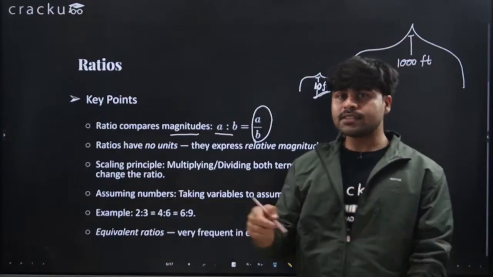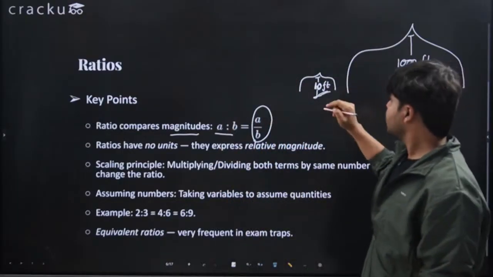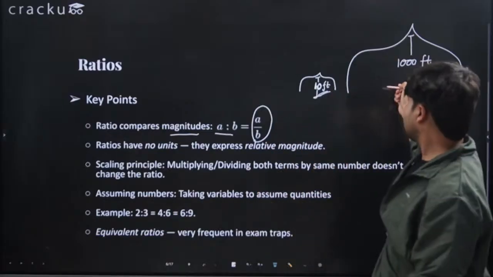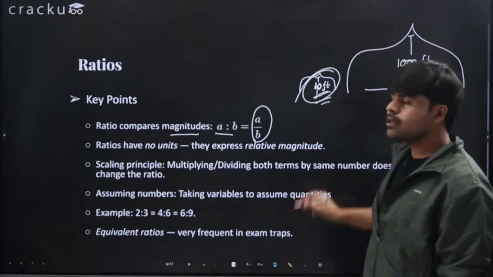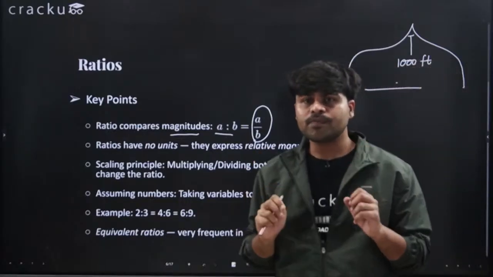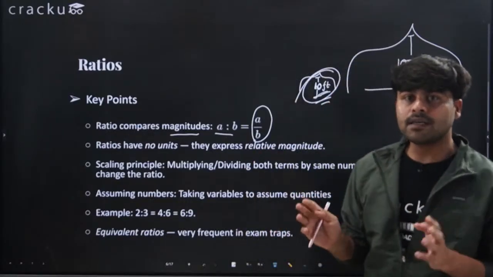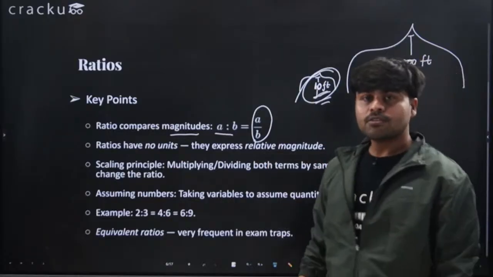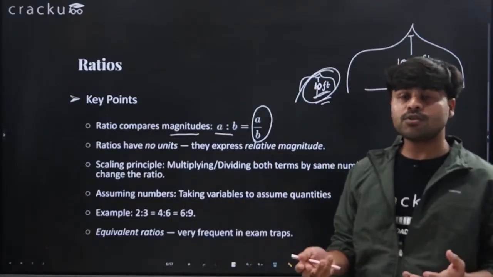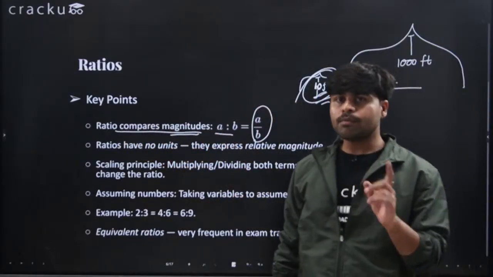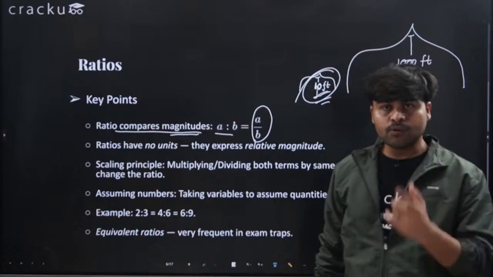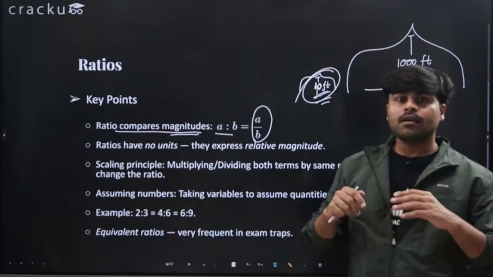So what would you say is the proportion from this to this? Well, you would say that the original Taj Mahal, the real one, is 100 times the length of the smaller, the faker, the model one. So if you multiply everything by 100, you get the original one. This is essentially what ratio is all about. What is ratio saying? Ratio is saying that it is comparing magnitudes. It is not comparing units. It is not comparing sort of lengths.